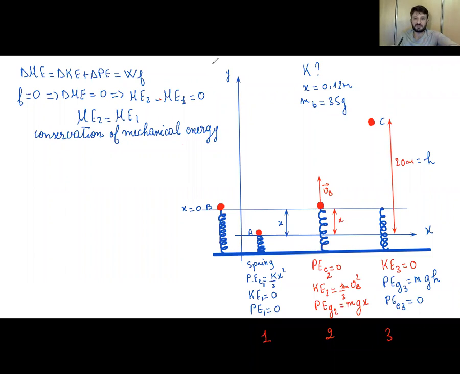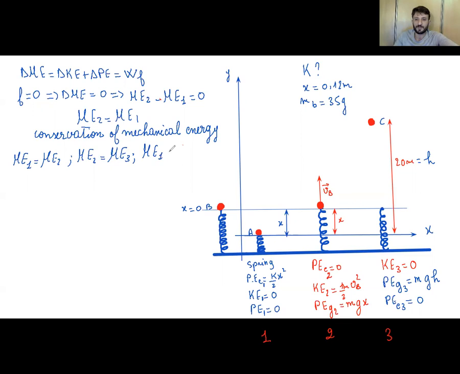Here, we can take positions 1 and 2 as you like. For example, here we have system 1, system 2, and system 3. We can take the mechanical energy of system 1 equal to that of system 2. We can say the mechanical energy of system 1 equals the mechanical energy of system 3. We can also say the mechanical energy of system 2 equals the mechanical energy of system 3. Okay, as you like. Let me write the three cases. Here we have system 1, 2, and 3. So mechanical energy of system 1 equals the mechanical energy of system 2, or mechanical energy of system 2 equals the mechanical energy of system 3, and